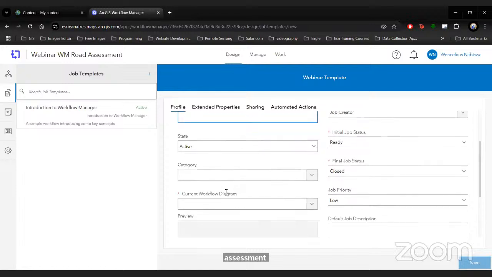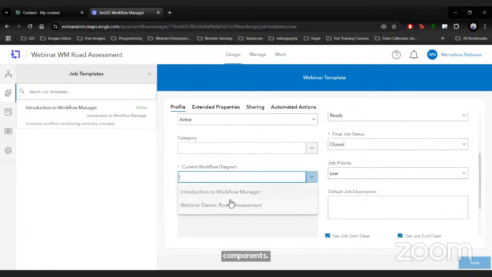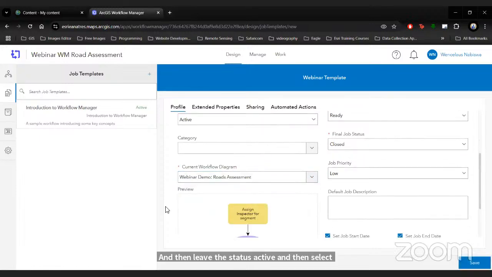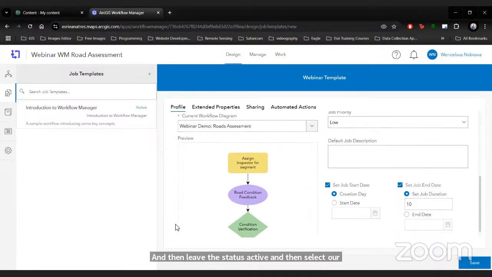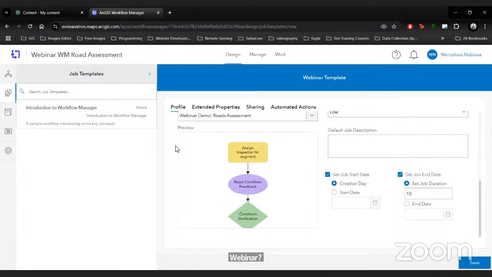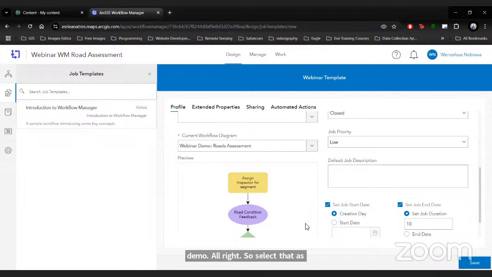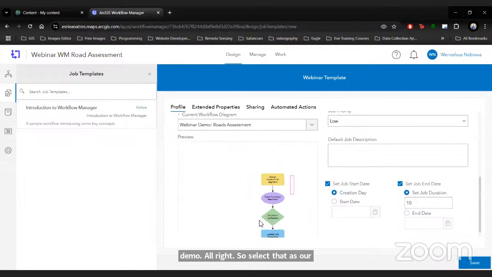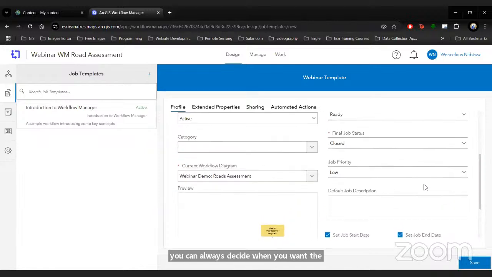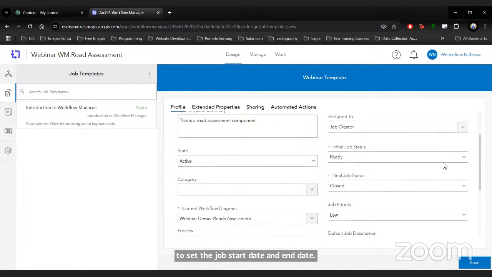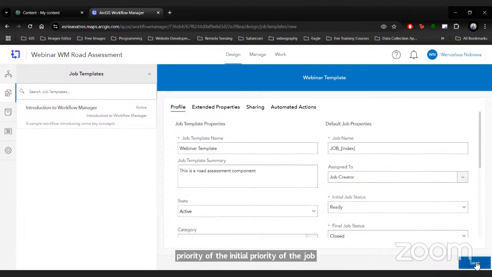And then leave the status active and then select our webinar demo. All right, so select that as our workflow diagram. And then you can always decide when you want to set the job start date and end date, the initial priority of the job, and so on. So when you come here and you save that,